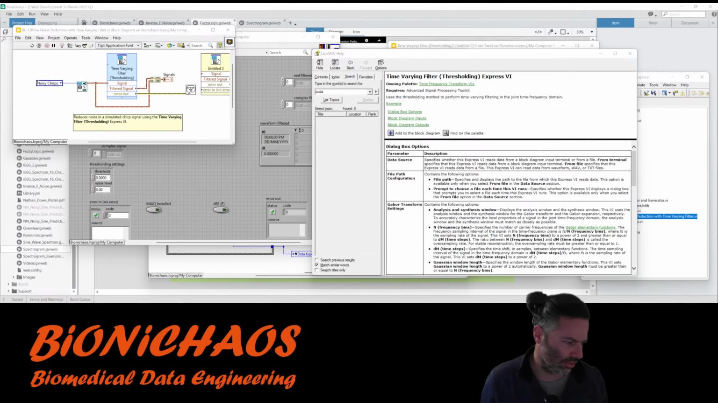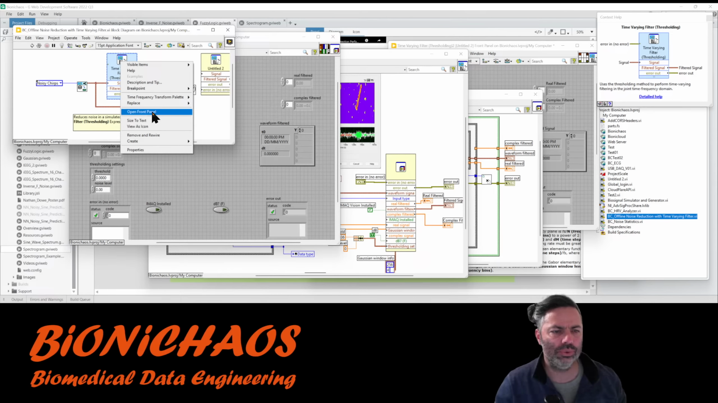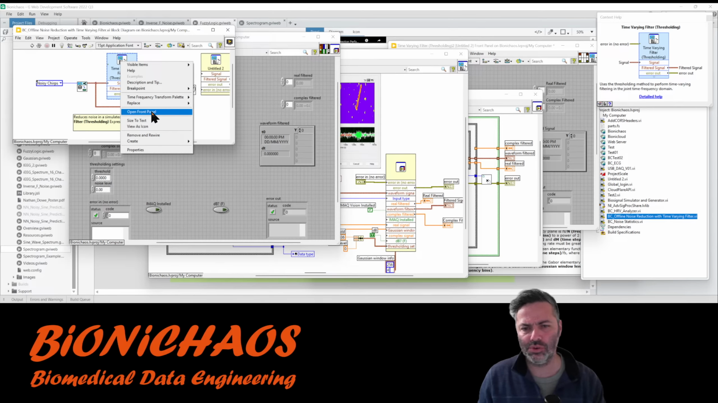Express VI, I don't know where to go. Yeah, they hide quite a bit of the functionality. You're usually going better using functional global structure or yeah. Express VI. So yeah, when we do open front panel, question is